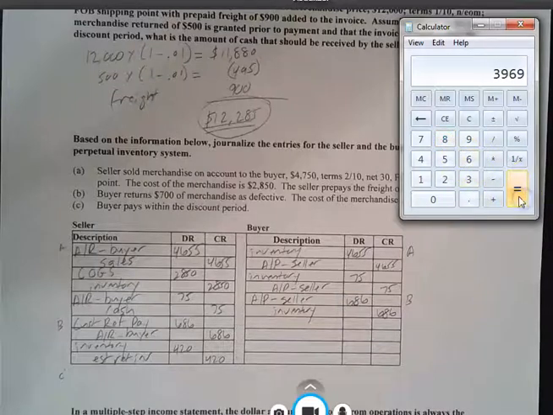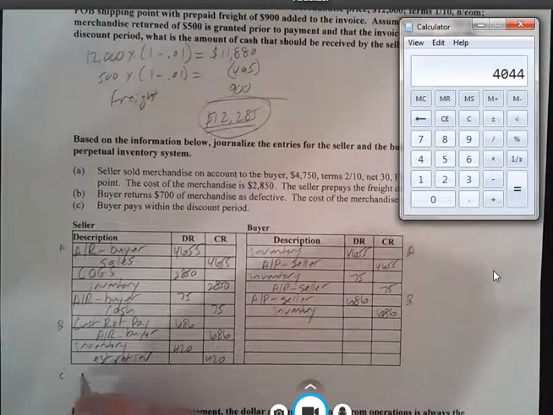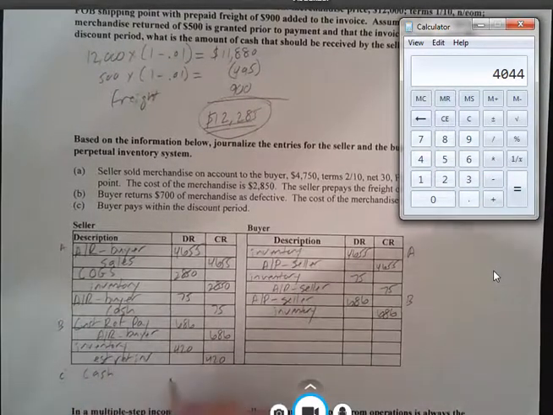So if we do that, it comes up to $39.69. But be careful, because the buyer also owes us this $75 here for the freight charges. So now we're going to add that. That gives us $4,044. So we're going to get cash of 4044,